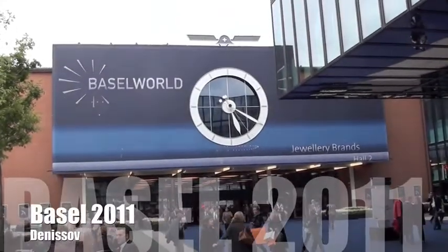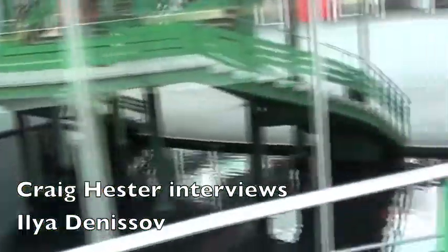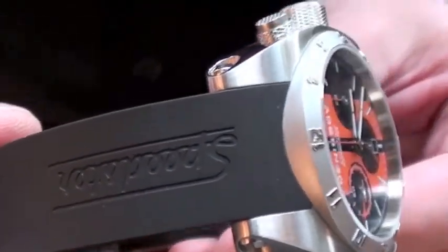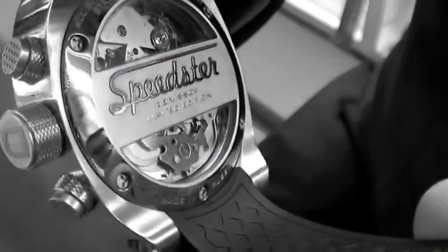For those of you who aren't familiar with Denissov, it's a brand that has a long history going back into Russian watches. Ilya's father worked at the first Moscow watch factory, was actually a manager there, and then they started their own family brand. They're known for really, really interesting and well-built chronographs. They are one of the brands in Russia that for their chronographs strictly use the Russian-built Poljot movements with